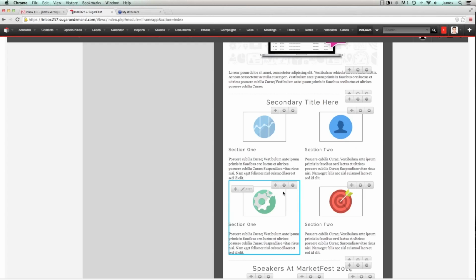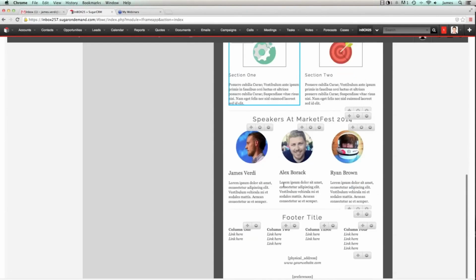But there's one thing I want to discuss, and that's going to be our social media sharing. Another great way to interact with your users and gain their insight is to have links to various social media platforms embedded within your email. INBOX25 allows your users to seamlessly like, comment, and share your campaign on Facebook, as well as Twitter and LinkedIn, all without ever having to leave the email page. So let's look a little bit into our social media integrations. Let's scroll down here,